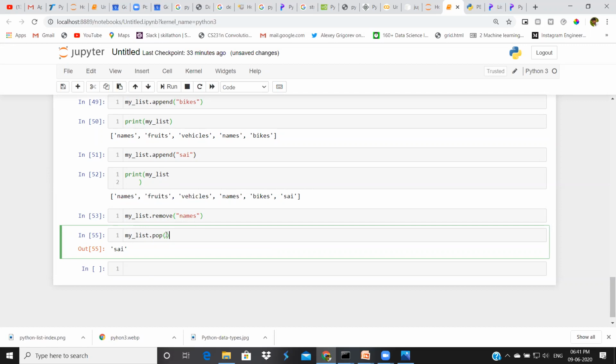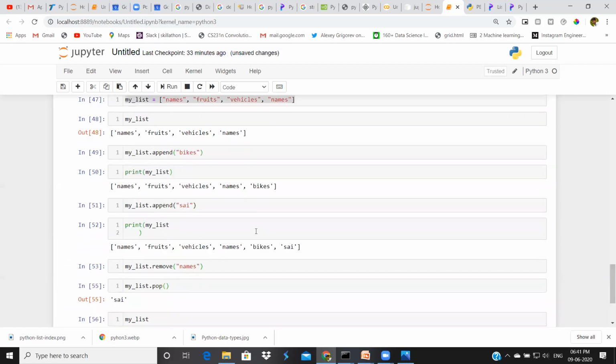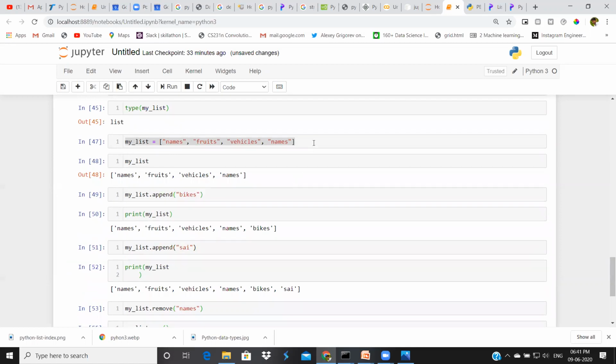For suppose if you want to remove the second element, based on index. Yeah, I'll tell index as well. This list index starts from 0 to 1, same as a string.